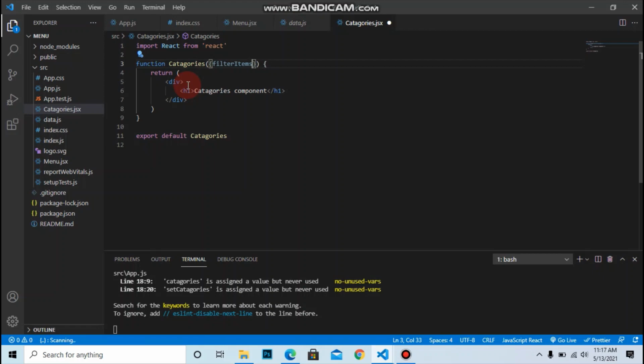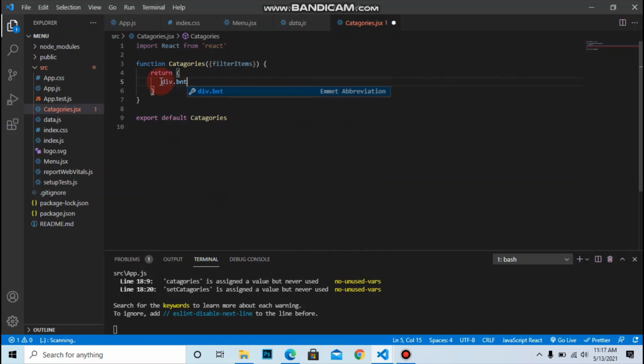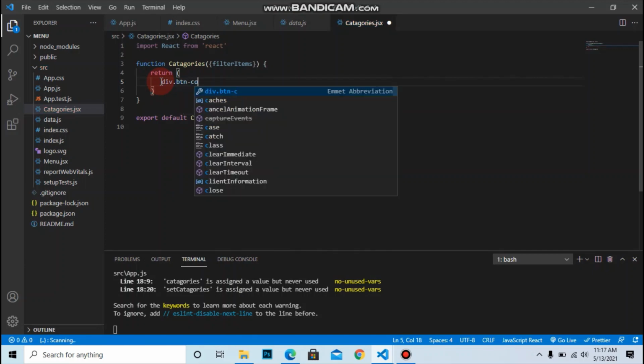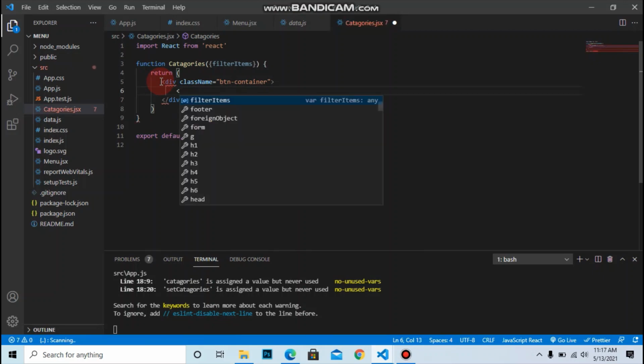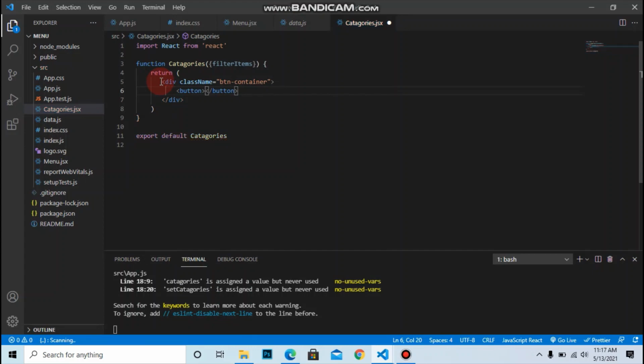but after some time we will add the buttons dynamically. Let's first add manually. So let's remove this and add a button container. Inside it, let's make a button for the anniversary category. Anniversary.